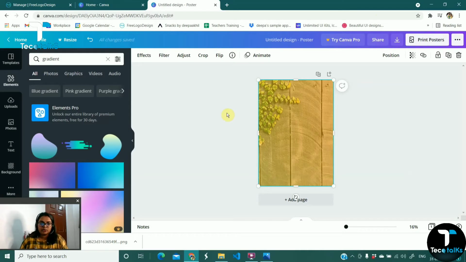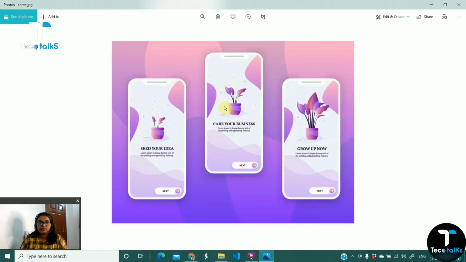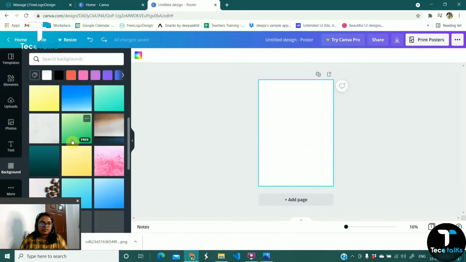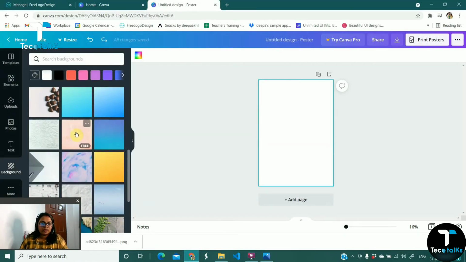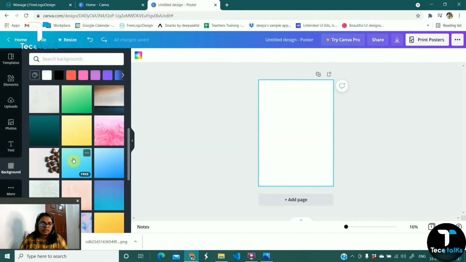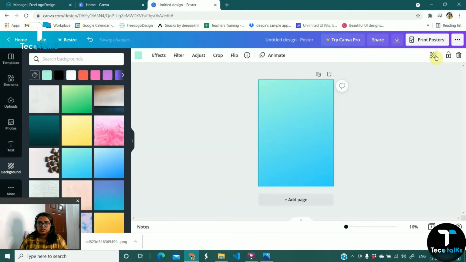Now I will show a customized design. Let's say for example, if we need to design a screen like this, with these layers and all with different colors at different corners, how can we do that? I will show that, which we are also going to do on Canva. So I'm randomly picking a background color over here. I'm just adjusting the transparency.